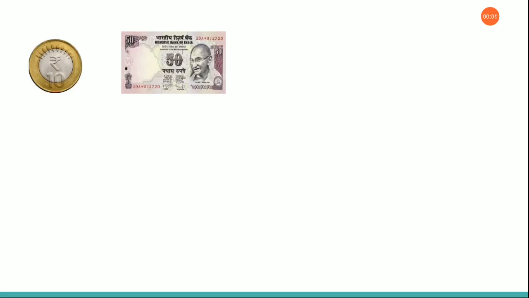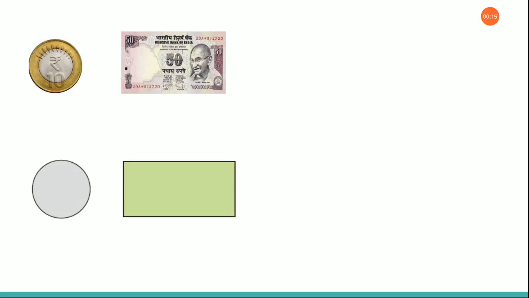First, now you have a 10 rupee coin and a 50 rupee note in your hand, and I am asking you to sketch its boundary. When you are sketching its boundary, what will happen? What image you will get at the last? You will get a circle and a rectangle. Both these images show one thing in common. What is that? They are flat surfaces, right? They do not have any thickness, they are just flat surfaces.